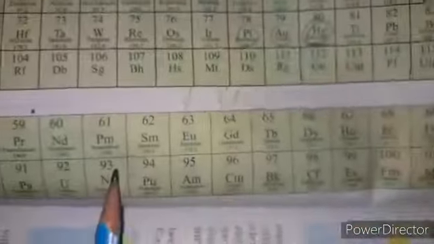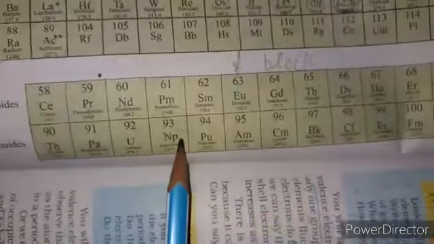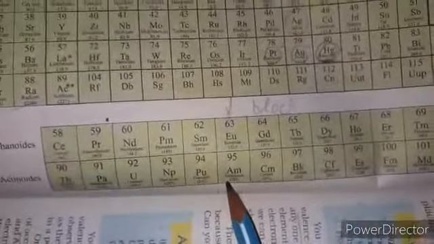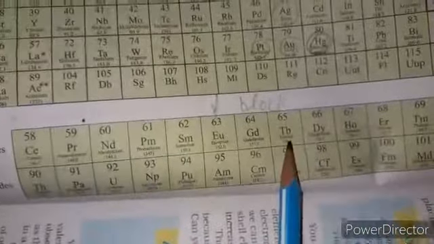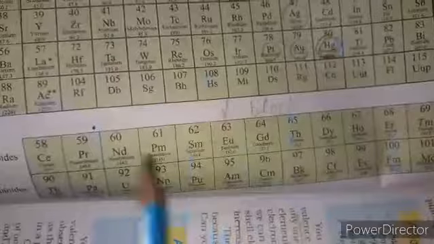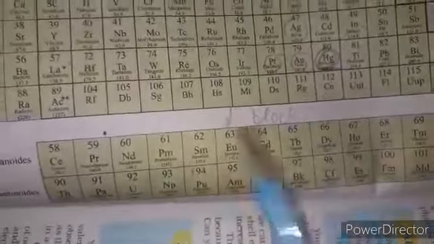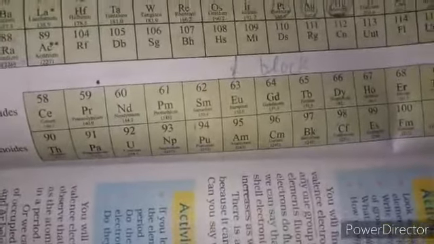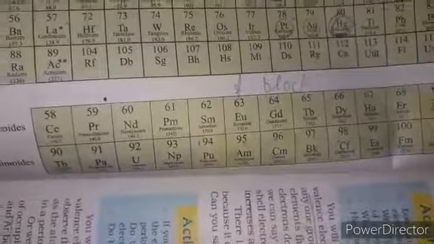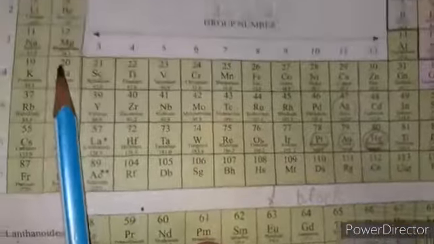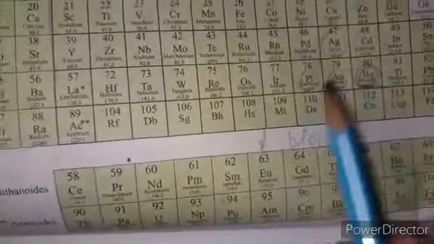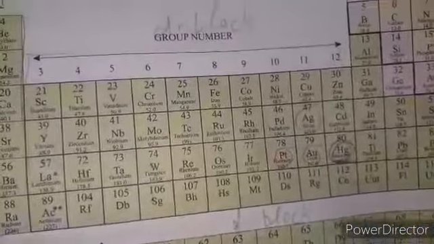Second, its limitation is that it does not give a proper place in the periodic table to the f-block elements, the lanthanides and actinoids. This also comes under achievements as well as limitations: it did not provide space for them in the main periodic table. Keeping them separate, these are different kinds of elements, radioactive in nature, present in very low abundance, in less amounts. Clear? So these are the two limitations: hydrogen position is not fixed, and lanthanoids and actinoids are given a separate position and not a place in the main periodic table.